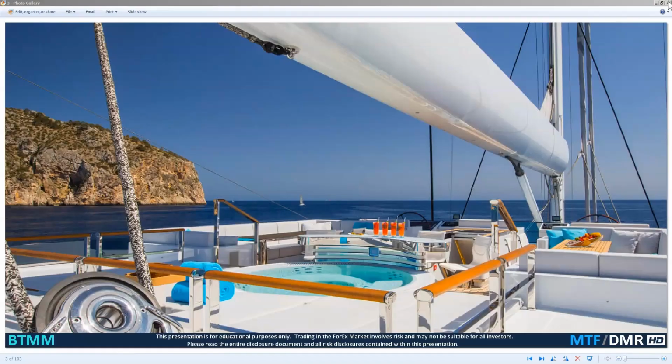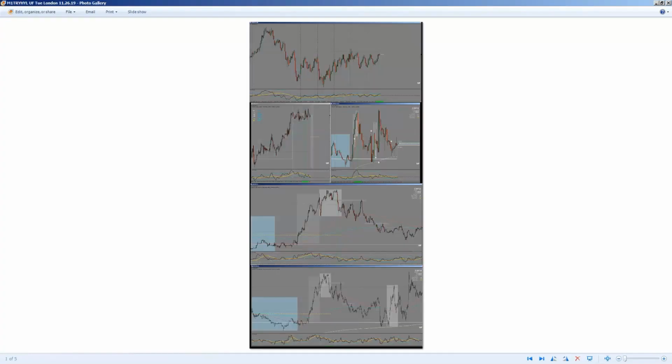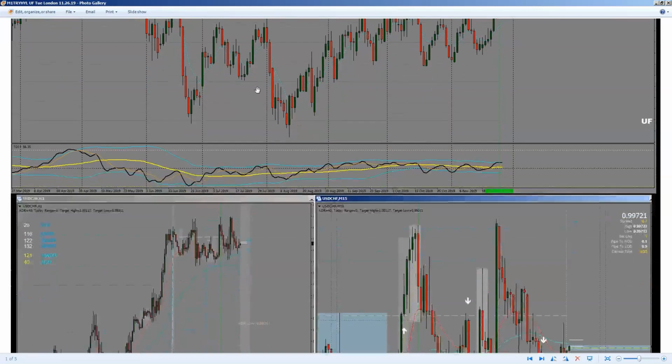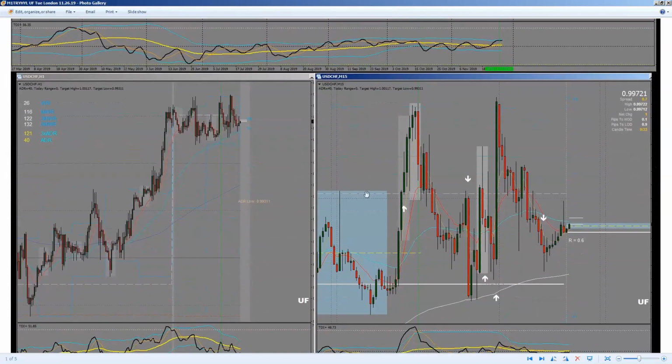Let's get back to our yacht here. Let's see if we have anything on the M1 we want to cover from last night. Yeah, USD CHF had a glorious M1 trade. It's a pair I used to monitor a lot more than I do now, but still it does do this type of thing once in a while. Look at your trap highs going on the daily chart. Right? Didn't quite get through your quarter point figure, but you did put this nice break of Asia range,